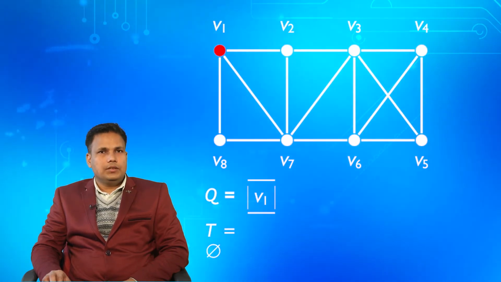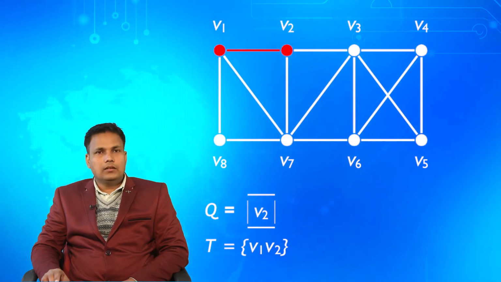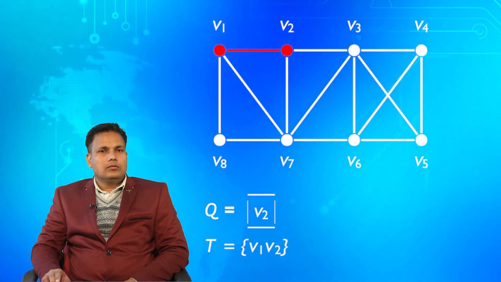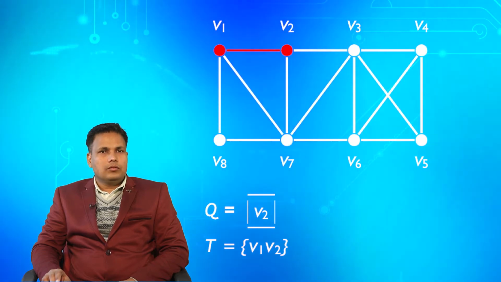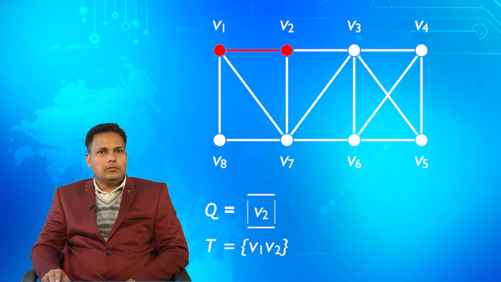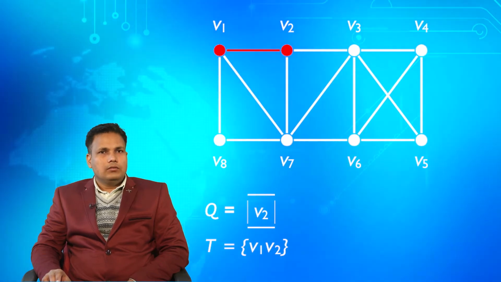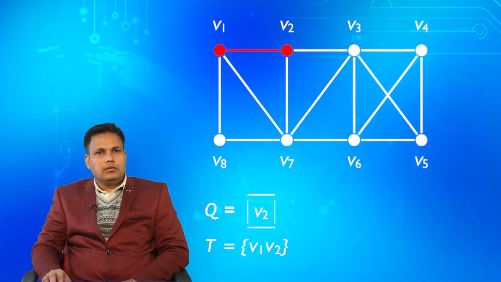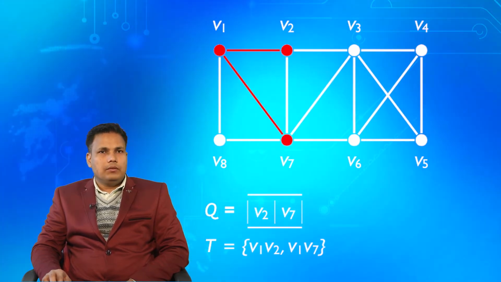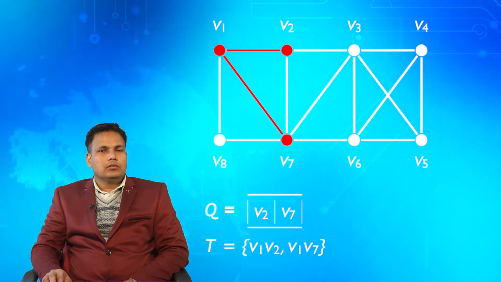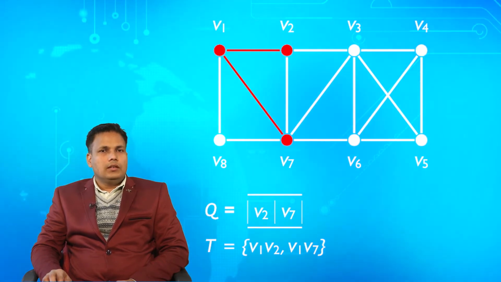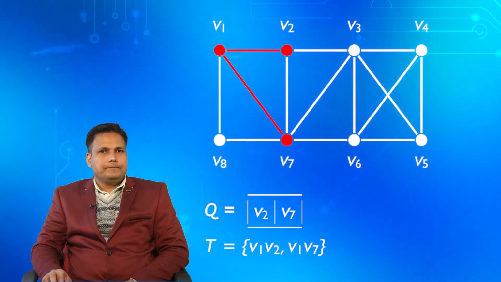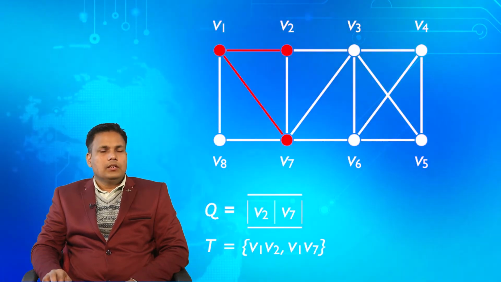So, we first visit V2, then V2 is marked as visited and V2 is appended to Q. Of course, before that V1 has been removed from Q and now the edge V1, V2 has been added to T, right. So, next we visit the neighbor V7. So, V7 is appended to Q and the edge V1, V7 is added to T, and then we visit the